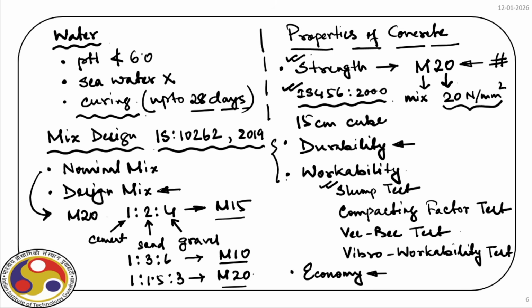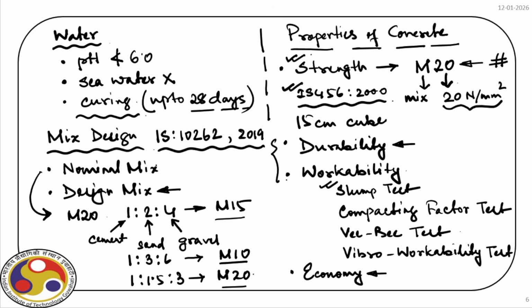This is the code that we should follow for mix design, and it has complete guidelines. Accordingly, we need to prepare the concrete, then test it and make sure that the design strength is achieved, and for that a complete set of statistical procedures is defined in that code. Again, in this course we will not go into the details of those design mix proportions. That is a separate course altogether. But what we need to know is that in Indian codal provisions we have different grades of concrete, and up to M20 concrete we can go for nominal mix, and beyond that we have to go for design mix.